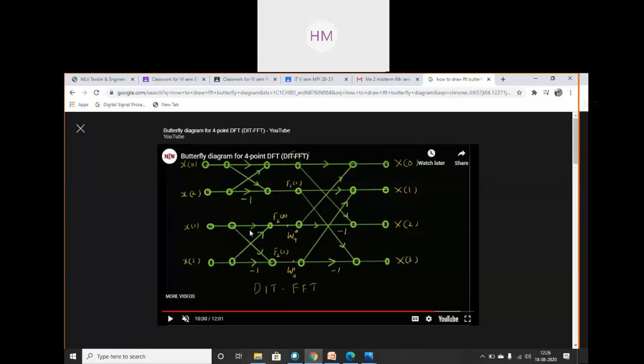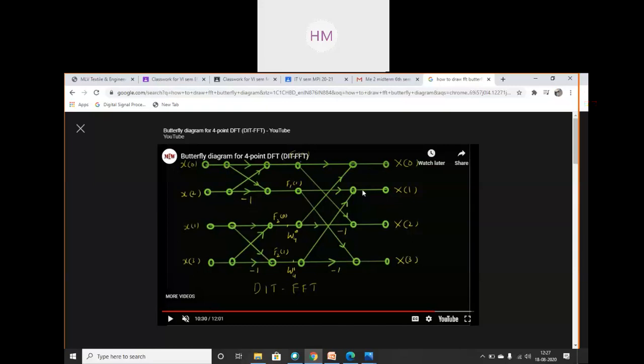In all the second lines, you have to write -1. That means you can say on all the alternate lines, but not in the first. In the second line, -1, because we have an equation over here to get this point, x0 minus x2. So that's why the second line is written as -1, alternate line. Clear?